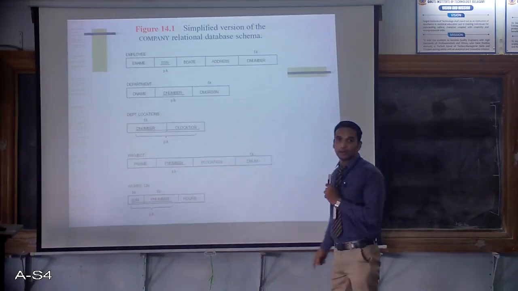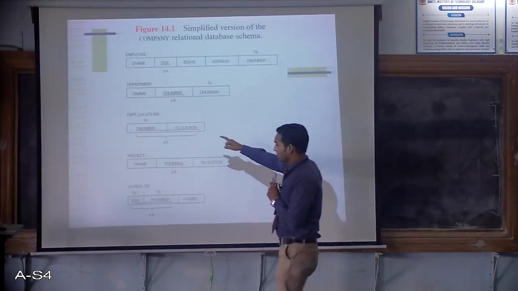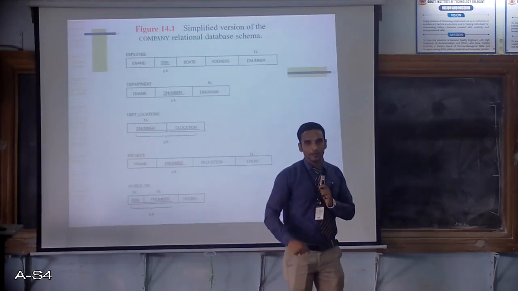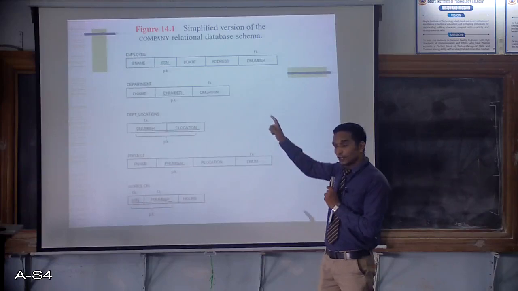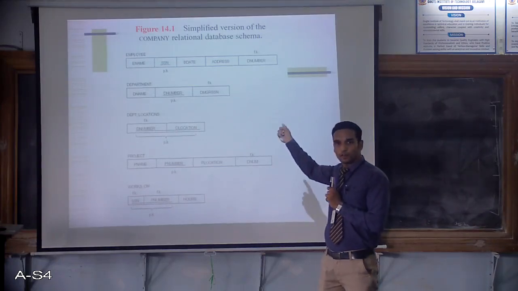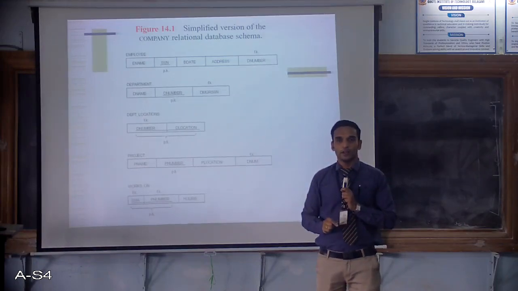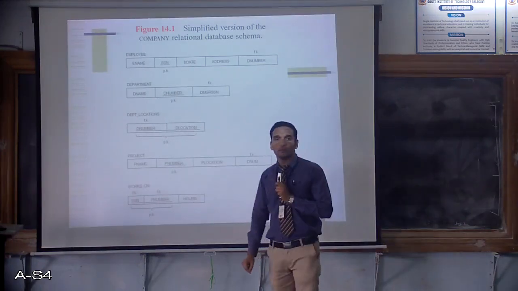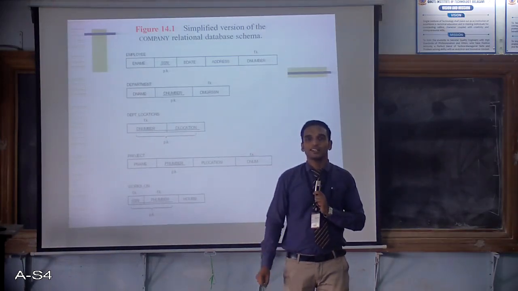I am having a relation by name employee. I am having a relation by name department. I am having relations by name department, location, project, and works on. So when I say semantics of attributes, it should be very clear for me to understand that given a table, there may be n number of attributes. What value should go in each attribute should be known well in prior, and there should be only atomic attributes in it. And even after that, we should understand that there should be one attribute which is uniquely identifying the entire tuple, and that attribute is called the key attribute.